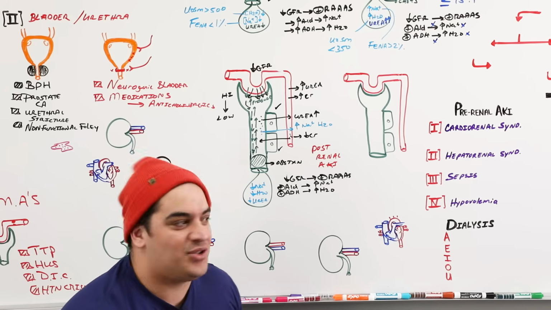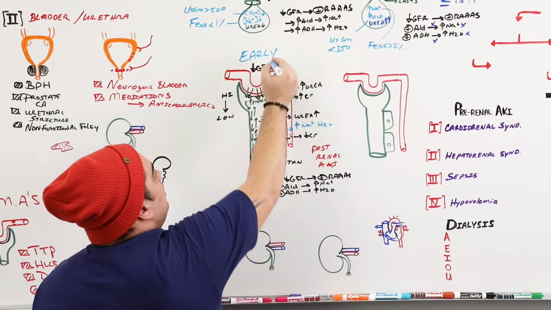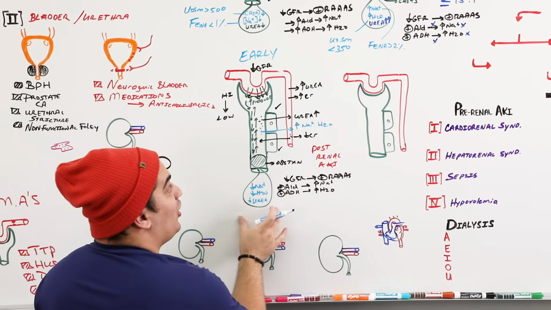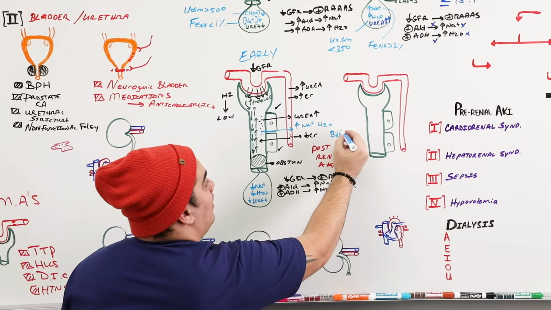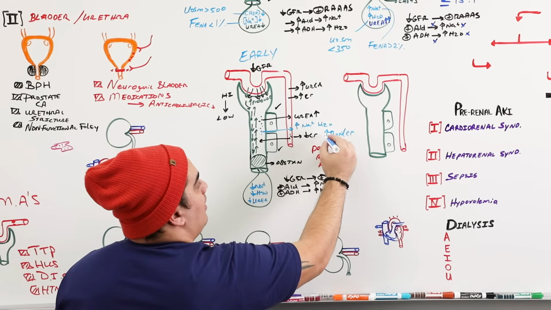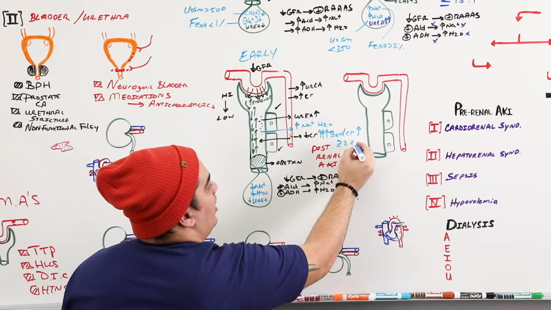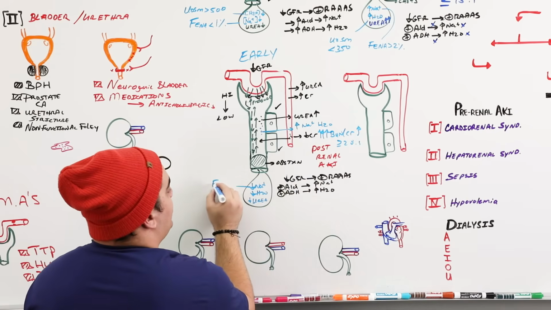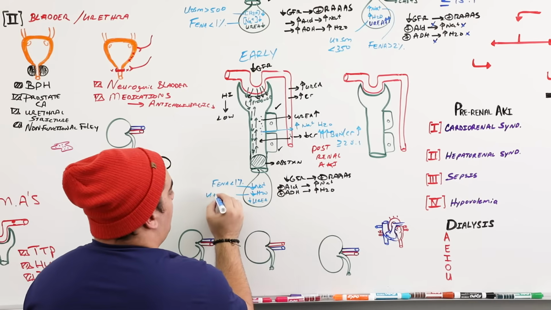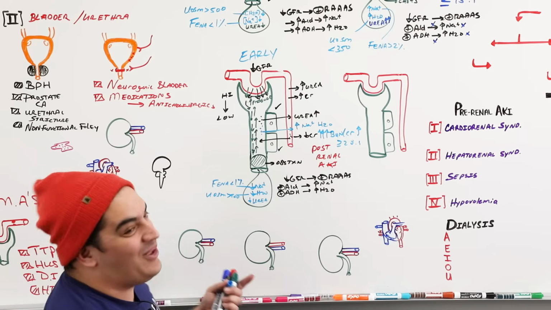In the early stages of post-renal AKI, so I want you to remember in the early stages of post-renal AKI, it can resemble pre-renal AKI, where their creatinine's low, BUN's elevated, right? So they have an elevated BUN to creatinine ratio that's greater than or equal to 20:1. They have a fractional excretion of sodium that's less than 1%. They have a urine osmolality that's greater than 500, and they have a low urea. That's all I want you to remember.